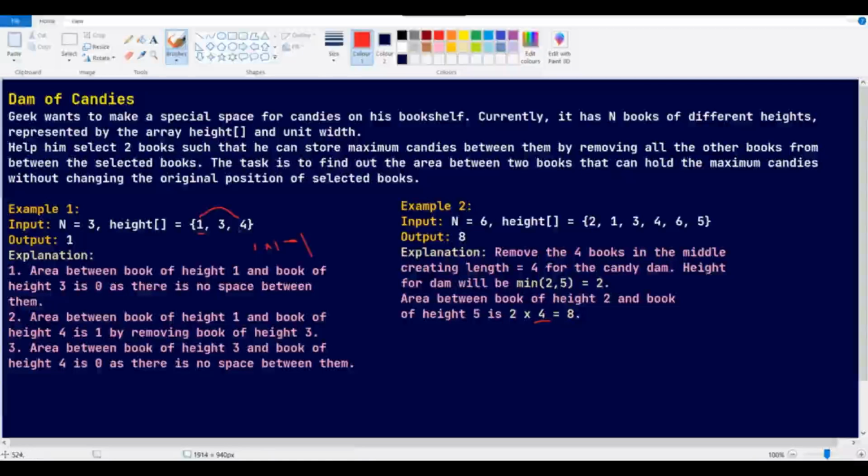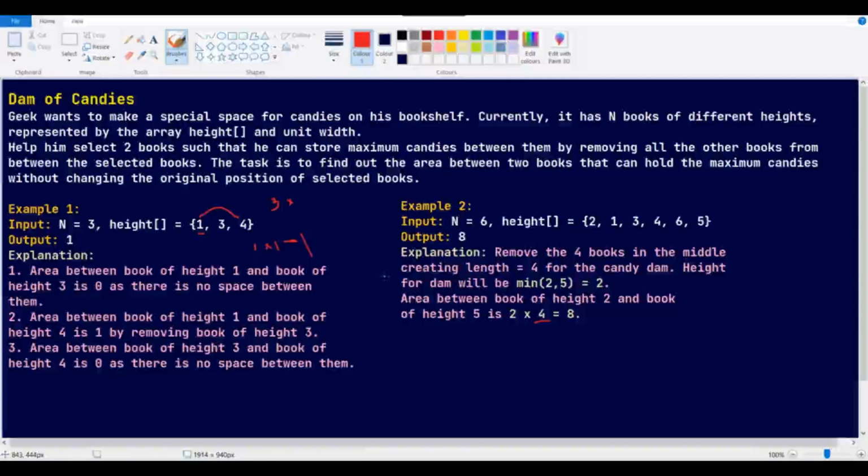While comparing 3 and 4 the minimum value we will get is 3, and the positions of both points are 1 and 2; 2 minus 1 will give you 1, and subtracting 1 will get 0. So the difference is 0. Hence the maximum space that we can store is 1, right? So that's what we are getting as output.